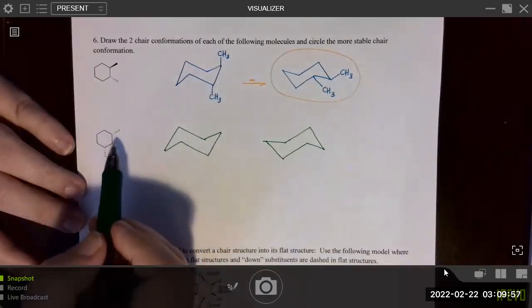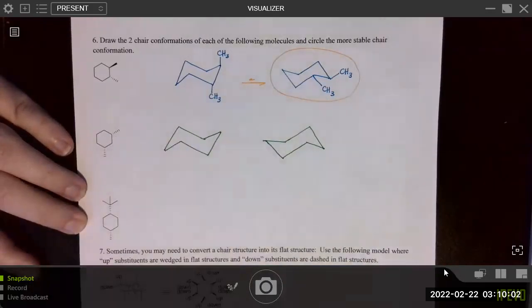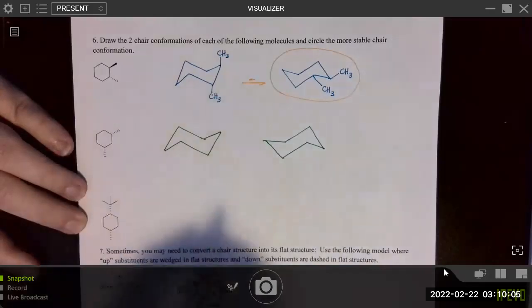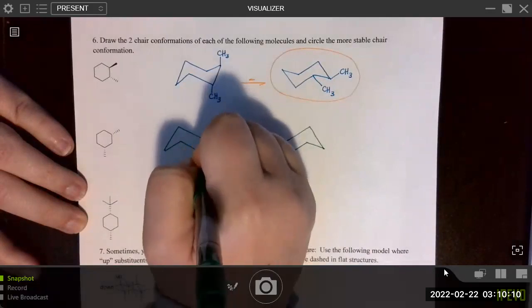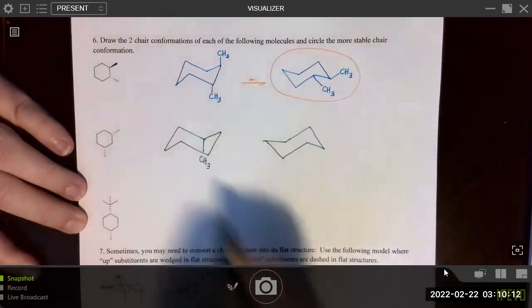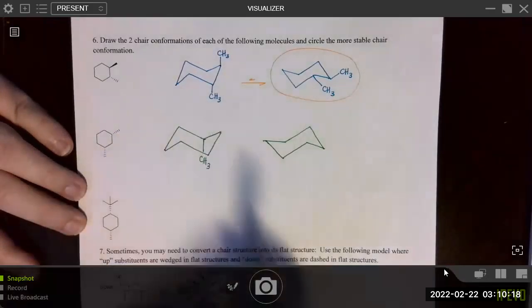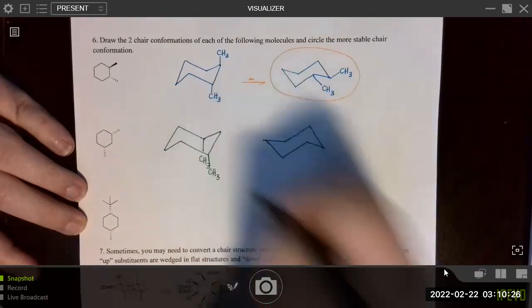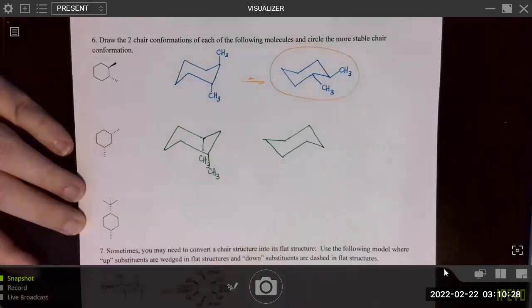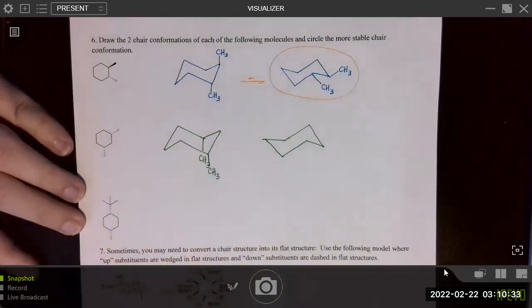So for example, perhaps I might want to start at this carbon. Let's go ahead and start there. So now I have a down methyl. At this carbon, the down position would be axial. And then if I go two clockwise, I need another methyl that's down. It's not easy to draw because they kind of run into one another, but the idea is that they're both down and axial in this case.